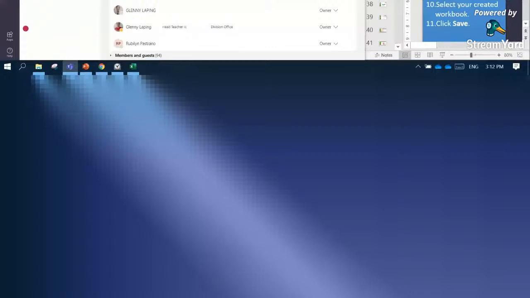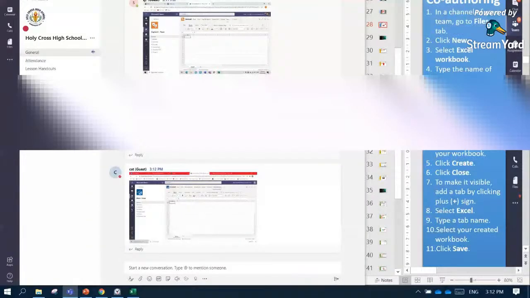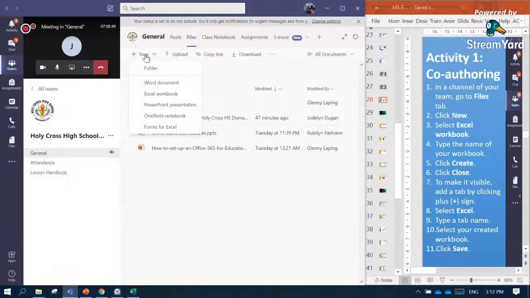Go to the Files tab and then click New. Under the Files tab is New. You click that, and in the drop down list I will select Excel workbook.